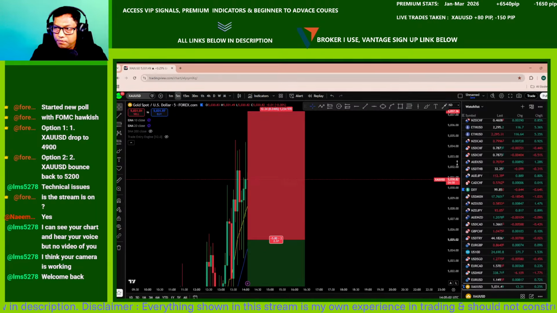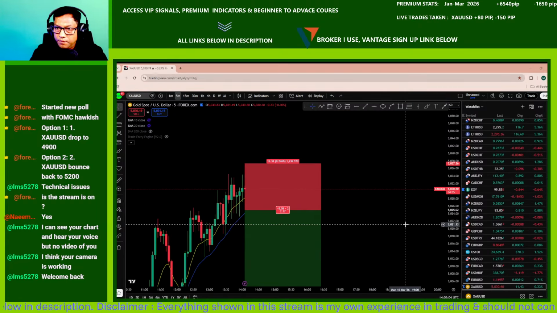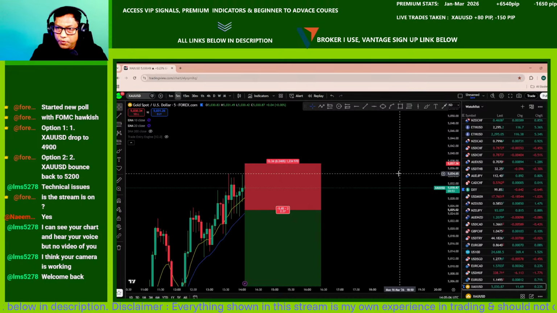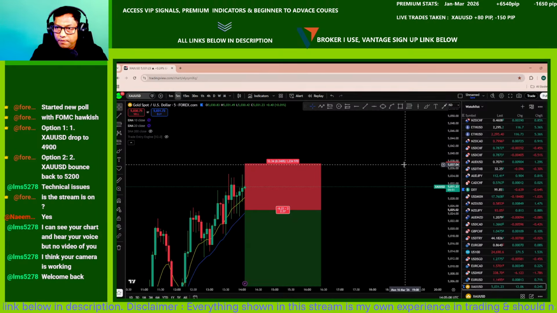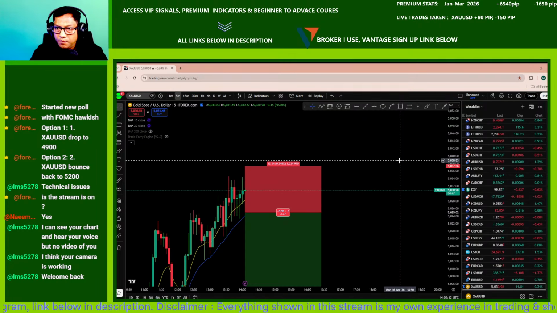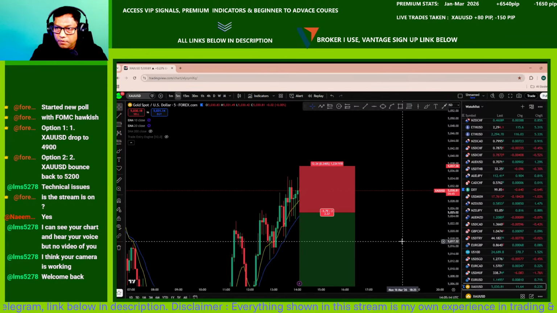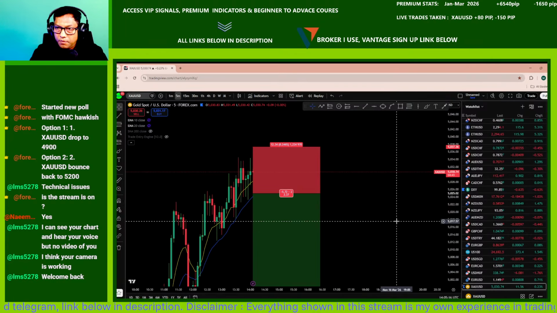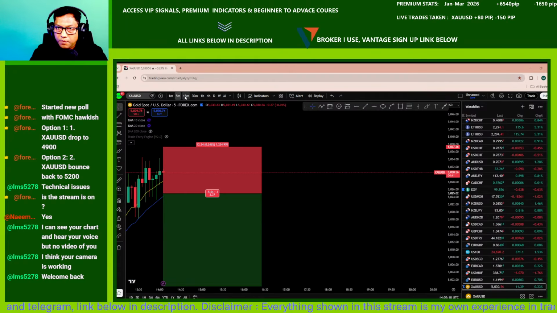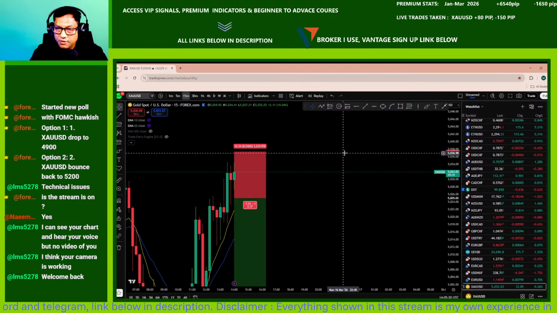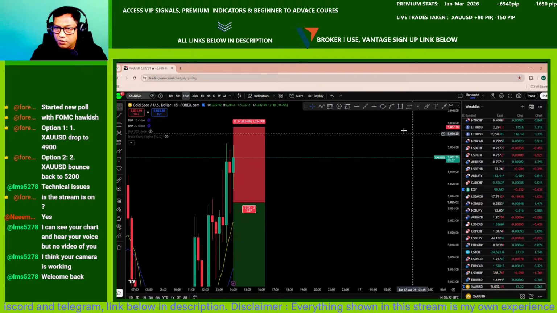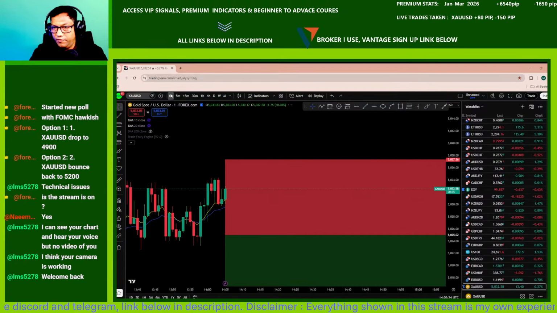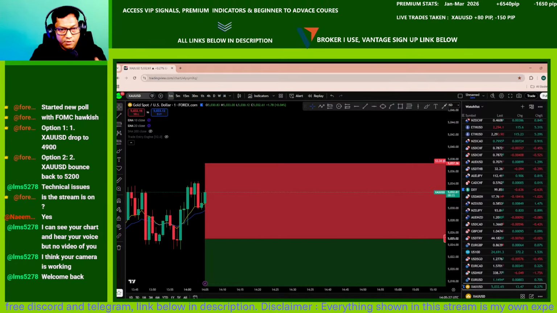So there is a double top here in this lower time frame. I'm still considering that potential for a down move. However, if it is going up, that